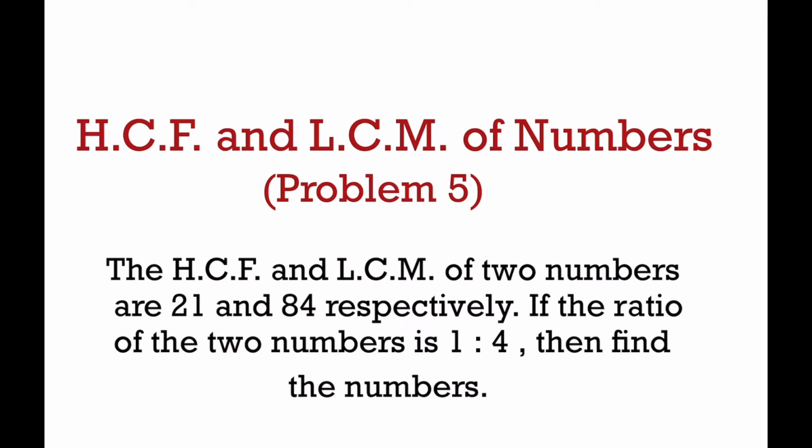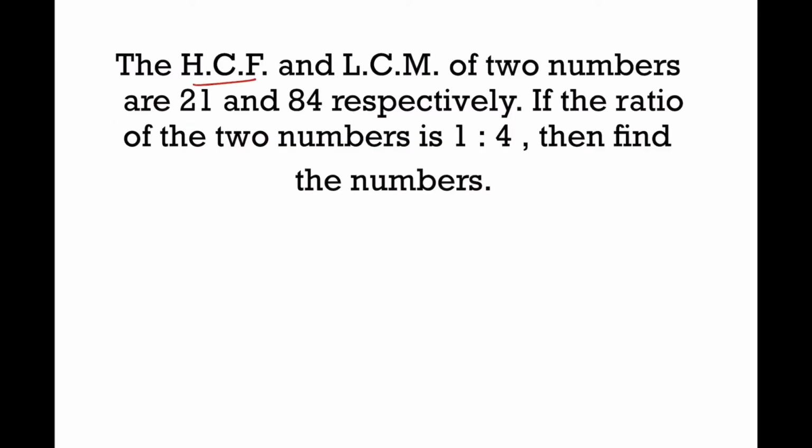Let's start. The HCF and LCM of two numbers are 21 and 84 respectively. If the ratio of the two numbers is 1:4, then find the numbers. So here we have given LCM and HCF of two numbers and the ratio of the two numbers is 1:4. So first of all, let the numbers be